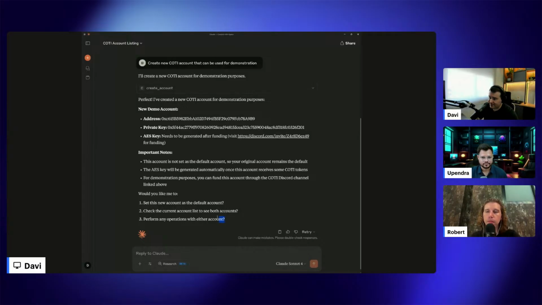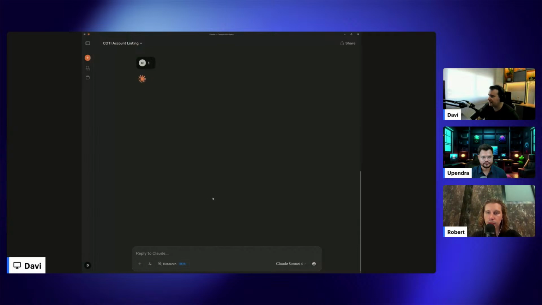And nice that you can see here that Claude is recommending some actions, for example, set new account as the default account, check the current account list to see both accounts, or perform any operation with either account. So instead of typing again, I can just type 1 to set this new account as the default account. And that's exactly what Claude will do for us.